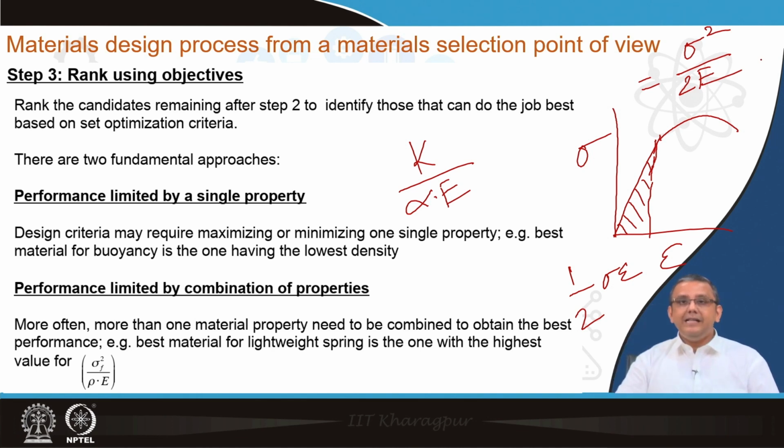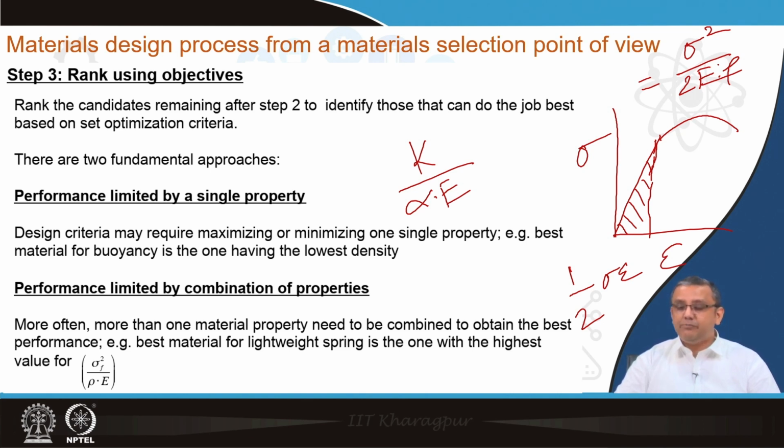So that means materials having a very high yield strength and a low Young's modulus are ideal for your spring application. We can further optimize, like we want a spring which, apart from having a good spring constant, also has a low density. So, what can we do? We can further normalize this by rho, that means sigma squared over 2 E rho